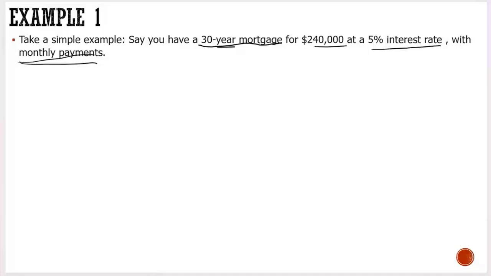I'm going to assume that our interest rate is paid monthly, because the question is not saying. So we are going to say our interest rate is compounding monthly. So now what you need to do here to get the schedule is to get your